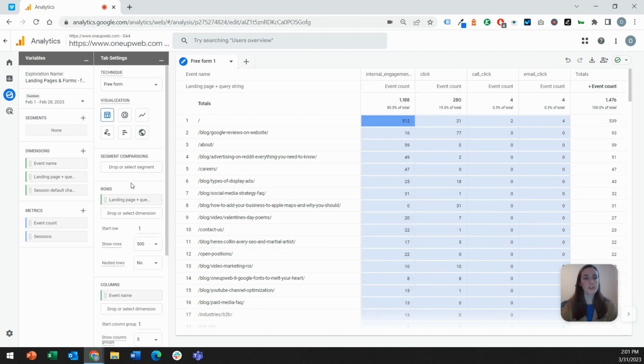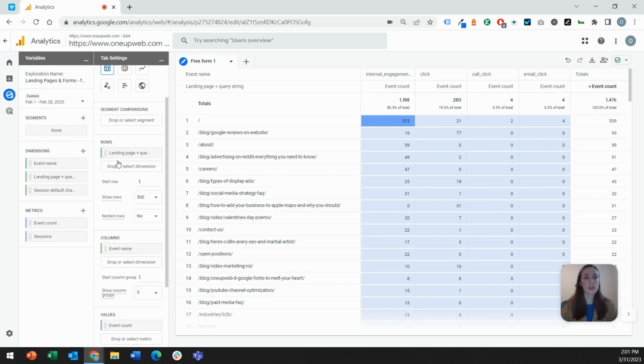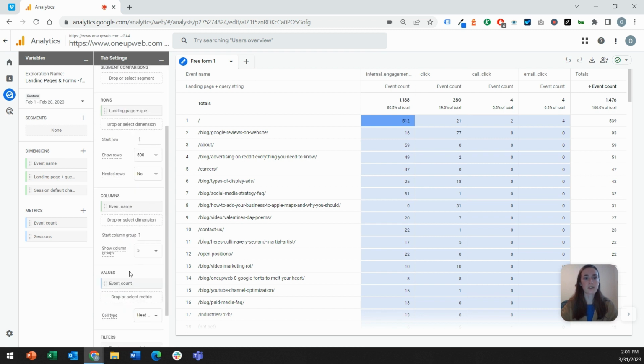So if you try to build this out on your own and you choose the same rows, the same columns, and the same values that we're looking at here, you will be seeing something quite a bit different. You'll see a lot more columns with a lot more event names in them. So we actually narrowed this one down to just show click events by adding a filter.